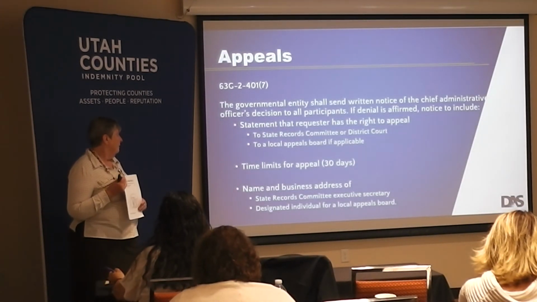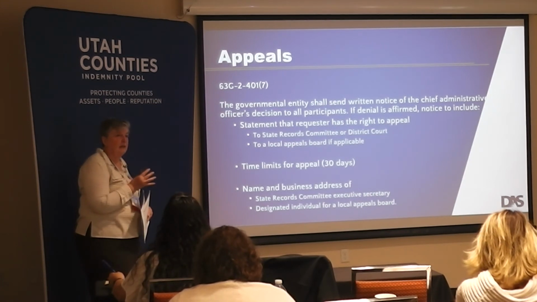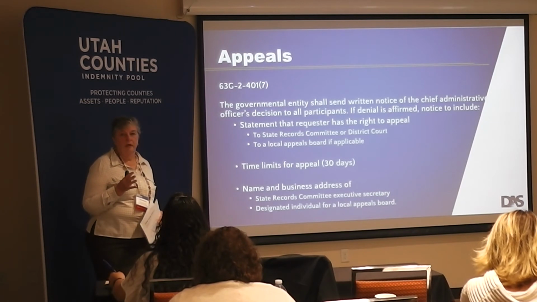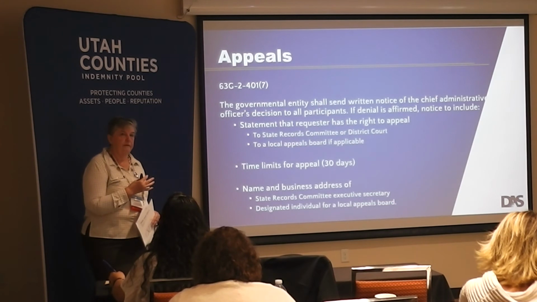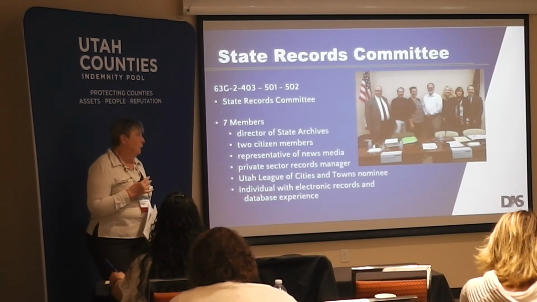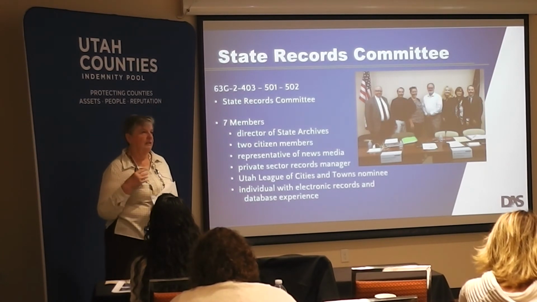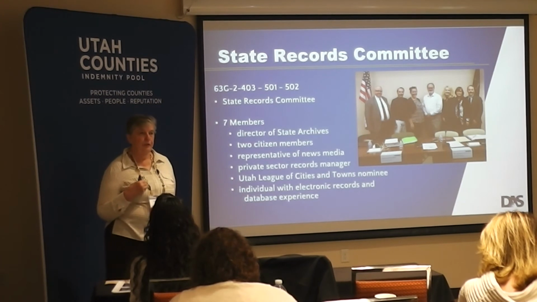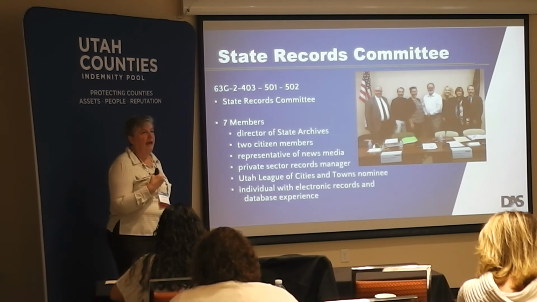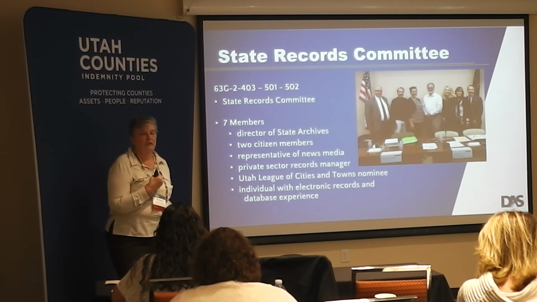The chief administrative officer then has 10 days to respond. And if they uphold the same decision, the same denial of access, then the person has 30 days in order to continue the appeal, either in district court or to the State Records Committee. The State Records Committee is a 7-member body that hears these appeals. If the appeal goes up to the State Records Committee, they will have a hearing. At the hearing, each side, the governmental entity as well as the requester, gets an opportunity to make their argument, to present their case to the committee. The committee is an open and public meeting, and so they deliberate openly, and they will make a decision whether they uphold the governmental entity's decision or whether they overturn it. If they overturn it, then they issue